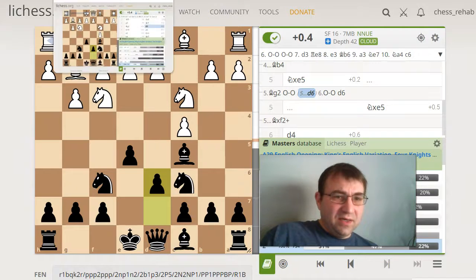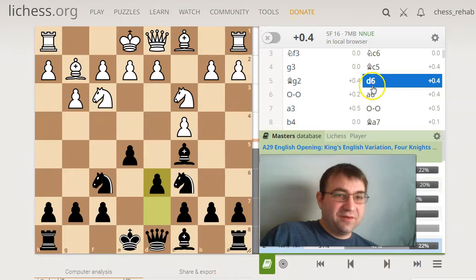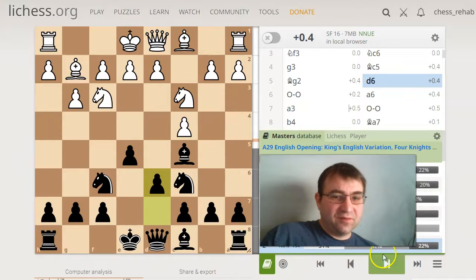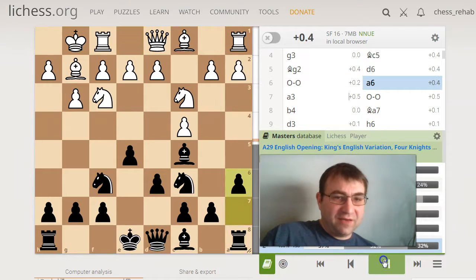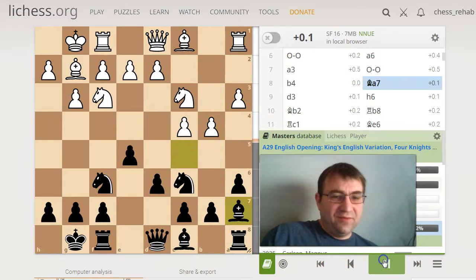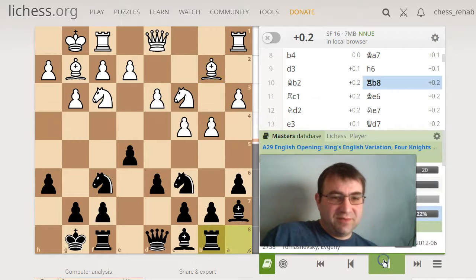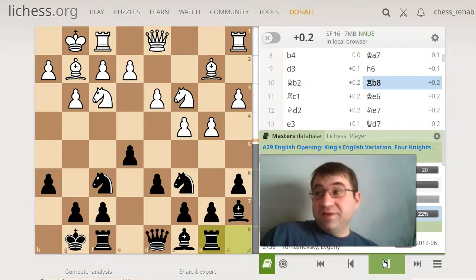And now we're heading into territory like Magnus Carlsen versus Tomaszewski. So this is Carlsen versus Tomaszewski, and this kind of went down this road. It went d6, castles. We have a6, just playing things nice and slow. a3, castles, b4, bishop a7. d3, h6, bishop b2, rook b8, and this game just kind of looks like almost every single close Sicilian game